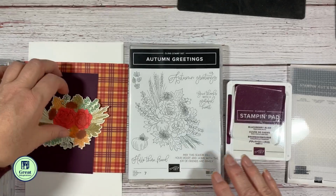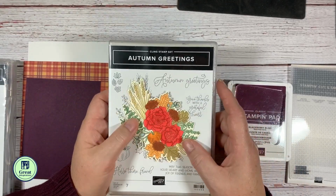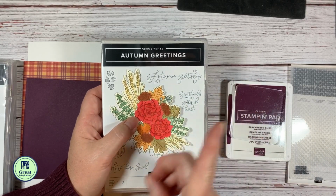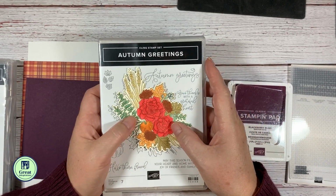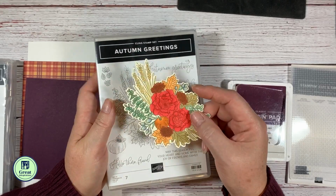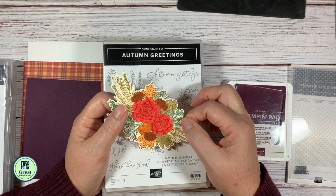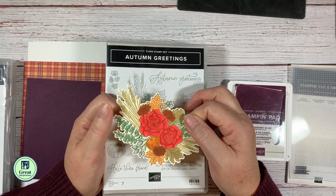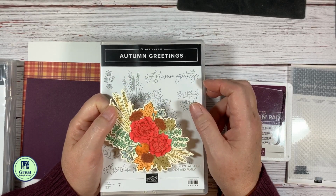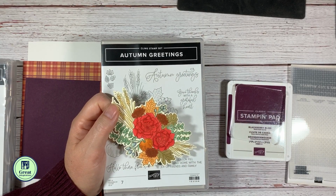Now, this piece came from Autumn Greetings, and I will put a link up in the show notes up above, the little eye in the corner, and that will be to my other video where I showed you how I colored this, and I will actually add the footage of how I colored it to the very end of this video. For those of you that don't want to sit and watch me color, I will attach that to the